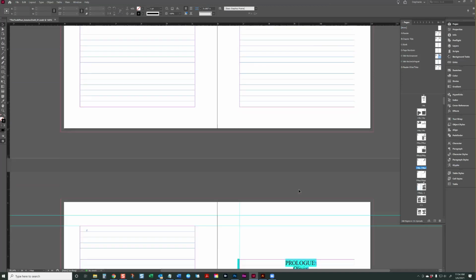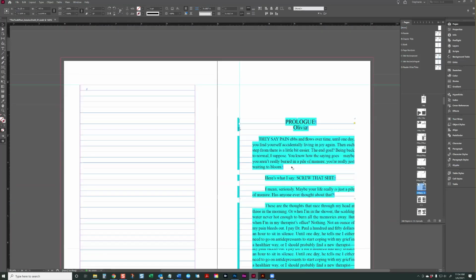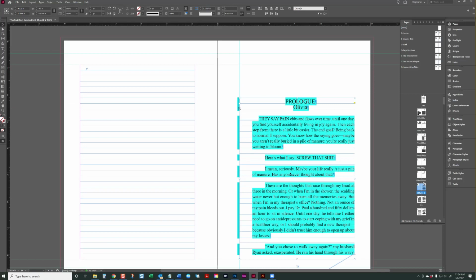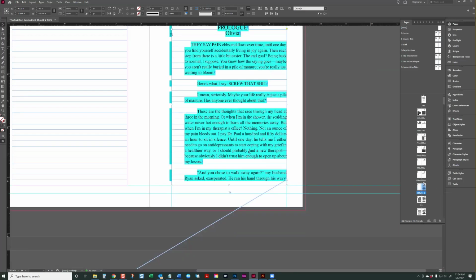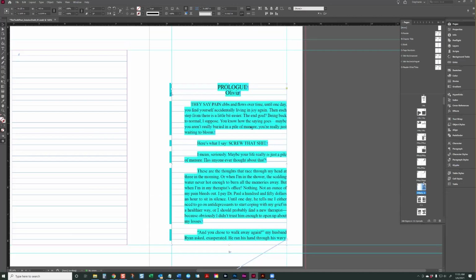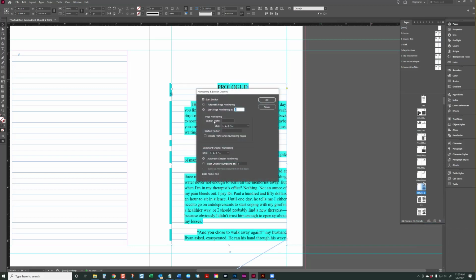And then we have our table of contents, and then we go into the prologue. Now, traditionally, prologues are still numbered with the lowercase Roman numerals. Your book should not start page 1 until part 1 or chapter 1. So what that means in our document here is that prologue currently is page 1. So we are actually going to remove this, and we're going to tell it to continue numbering from the previous